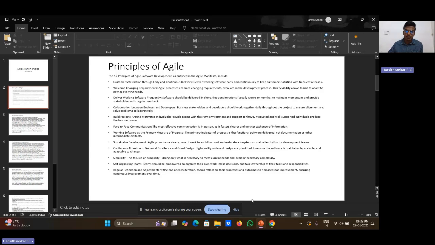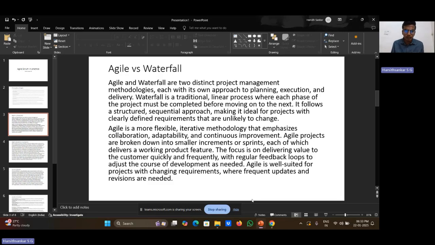In this Agile Scrum in practice, first it deals about these 12 principles, and then we come across the comparison between Agile model and waterfall model, how these two are differentiated. First, the waterfall model is about the traditional and linear process where each phase of the project must be completed before moving on to the next. It follows a structured sequential approach, making it ideal for the projects with clearly defined requirements that are unlikely to change. For example, if we have many requirements, the initial requirement must be completed before moving to the next requirement, or else